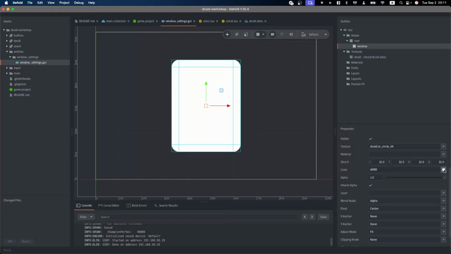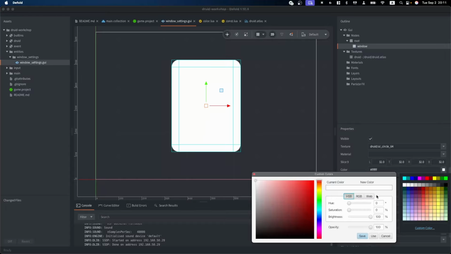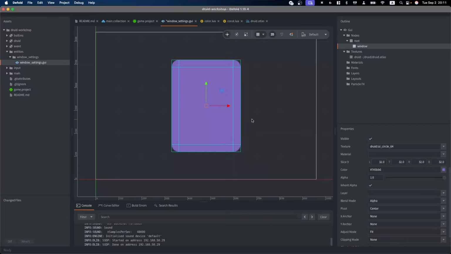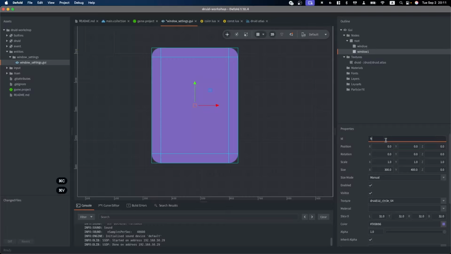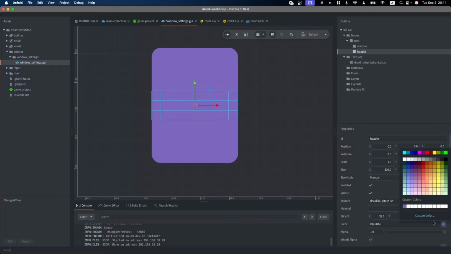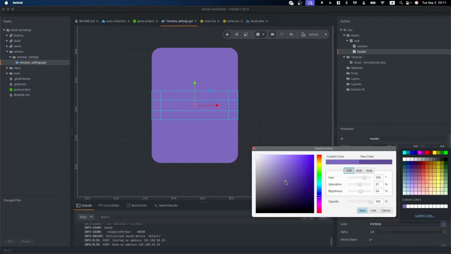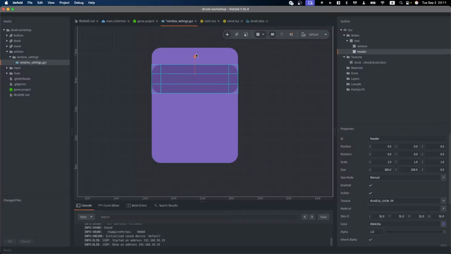We'll select color, make some beautiful color, more violet, more dark, because I want brighter buttons. That's this one. You can copy and paste nodes. So for example, if I want to make a header at the top, I can copy this window, rename it header, make it smaller by height, make it darker. I think just this one, and place it at the top.